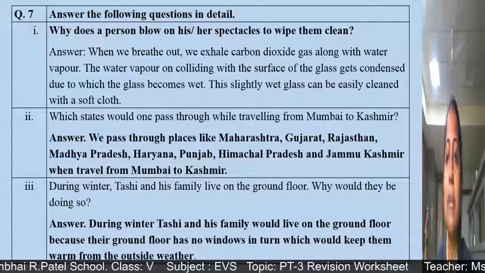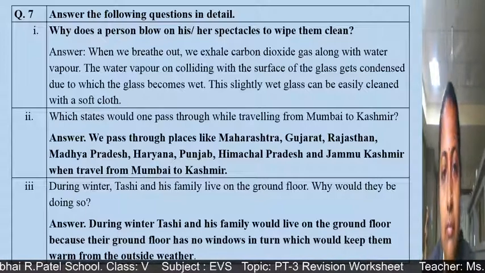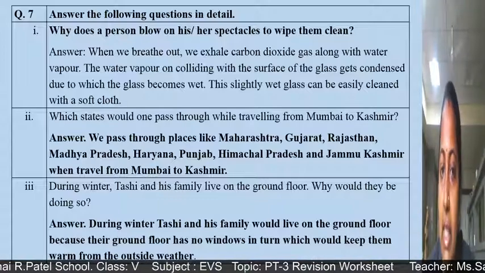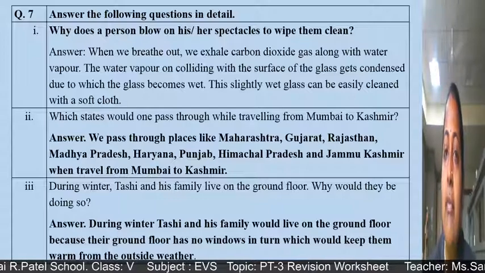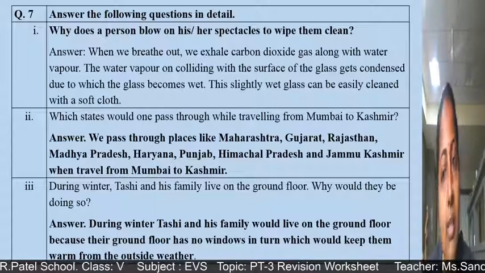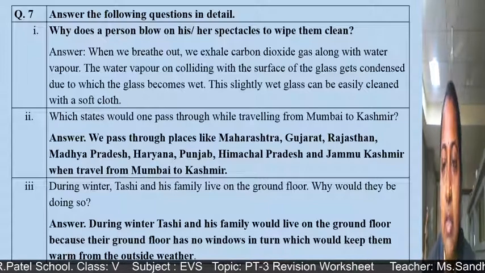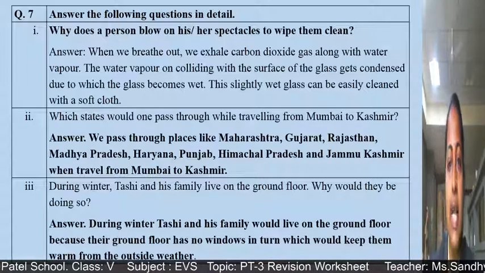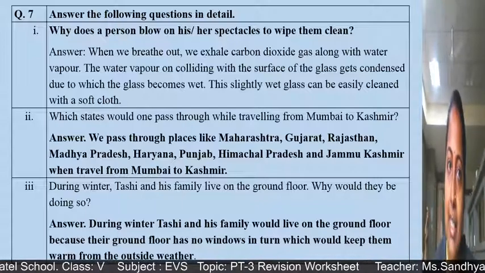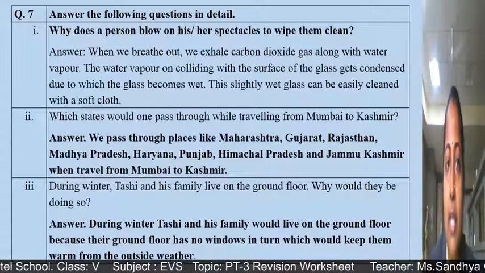So here, whatever the answer key is there according to the question, that perfect word should come inside your answer. Next year you will be going to the secondary section, so at that time that is necessary. So from this year you have to become habitual to all these things. In this way the pattern is there.